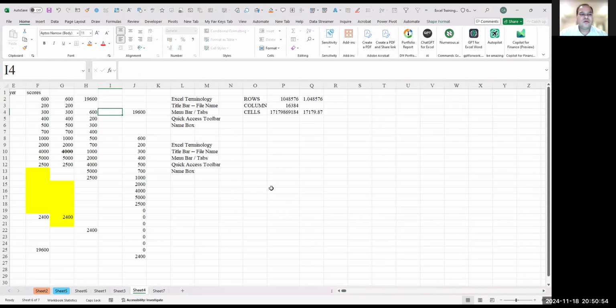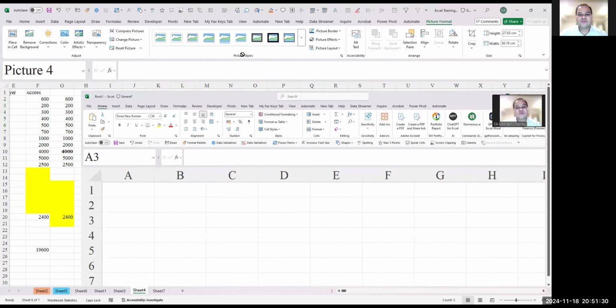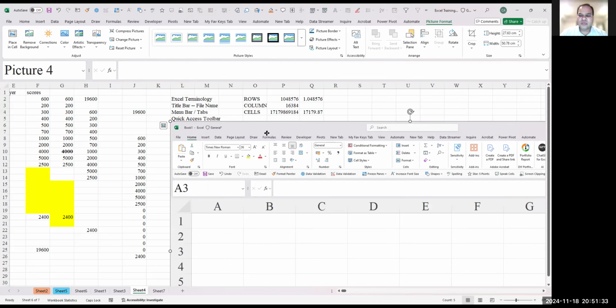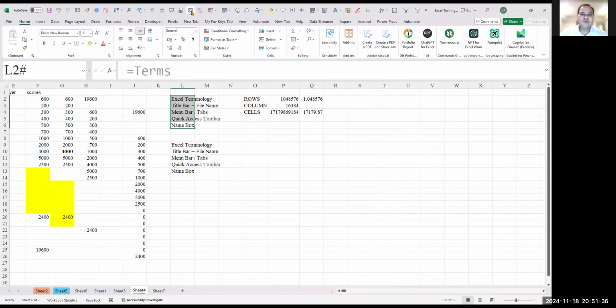Or you know that Excel can speak also. So I have this Speak Cells. Excel terminology. Title bar, file name. Menu bar, tabs. Quick access toolbar. Name box. Okay, so you can add, there is one very good tool which is Screen Clipping. So when you click on this, it will take the snapshot of the screen, and you will get the snapshot. तो आप बहुत सारे टूल्स एक्सेल के यूज कर सकते हैं और हम और भी कई टूल्स एक्सप्लोर करेंगे।